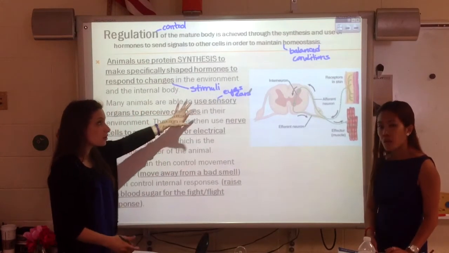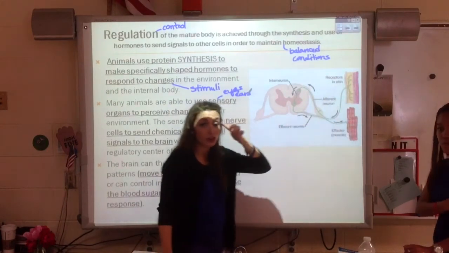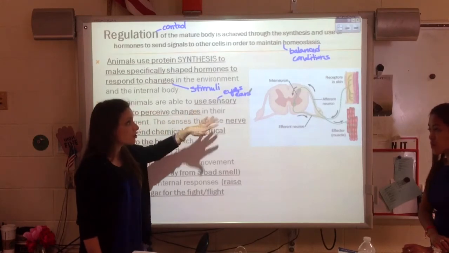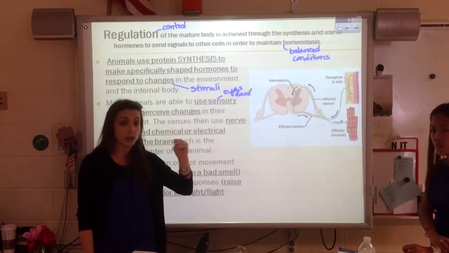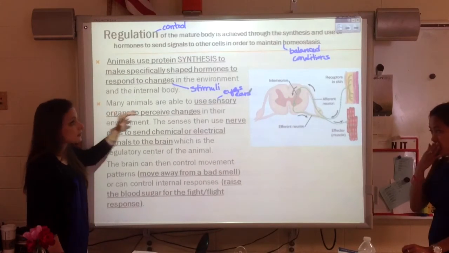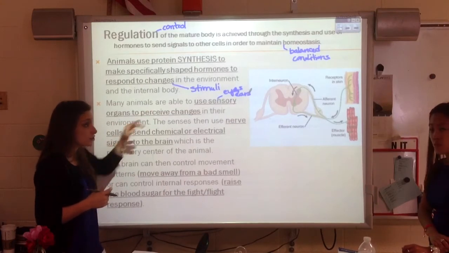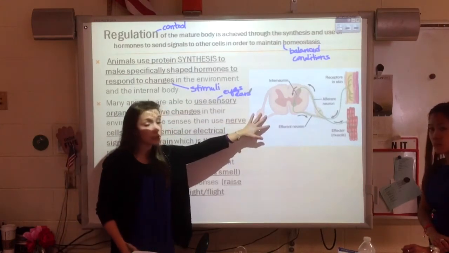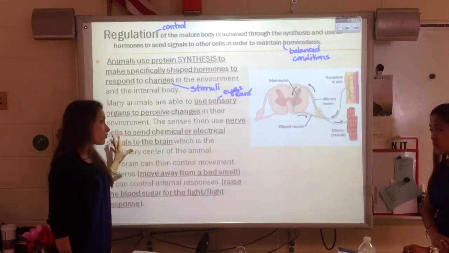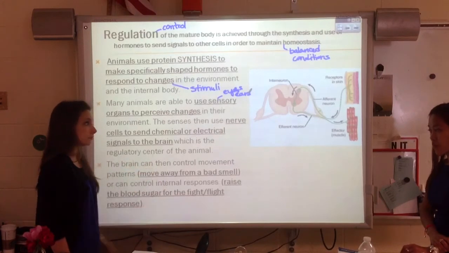And your nerves actually go all the way to your skin, to your eye, to your ear, to your mouth, to your nose. All of your senses are really just your nerves being able to tell that something has changed. And the nerve will then send a signal mostly to the brain. Now you do have quick reflexes, so this picture is an example of a reflex. But you're really using signaling pathways to communicate.